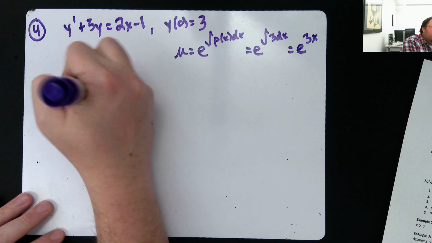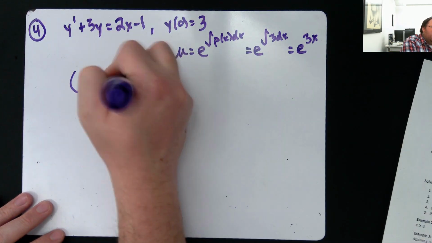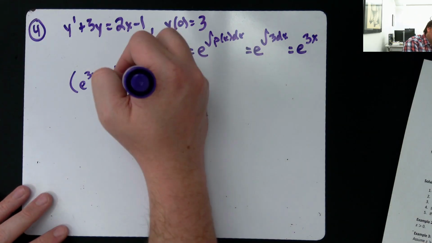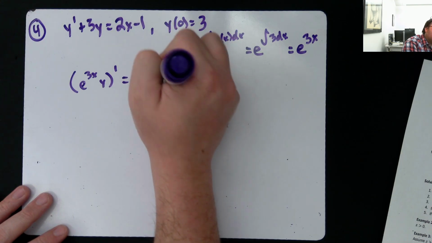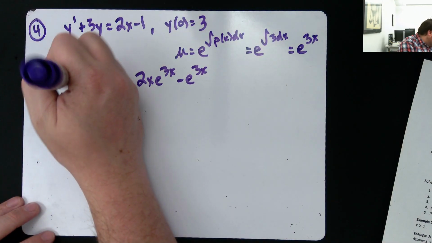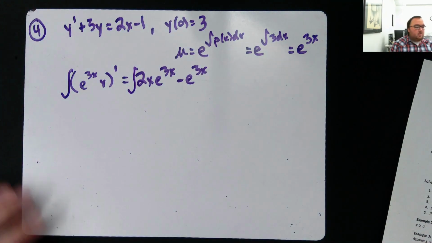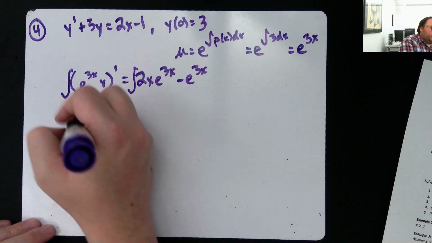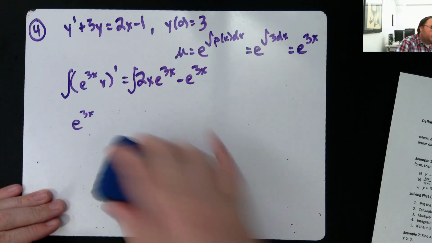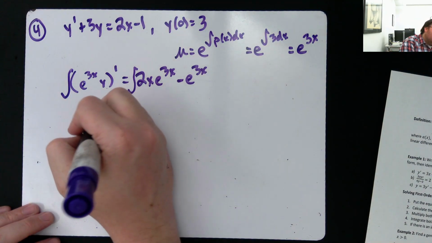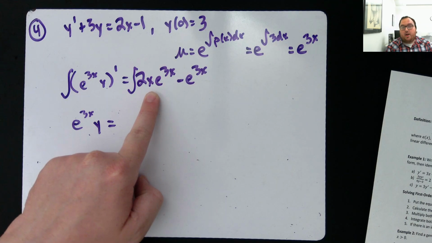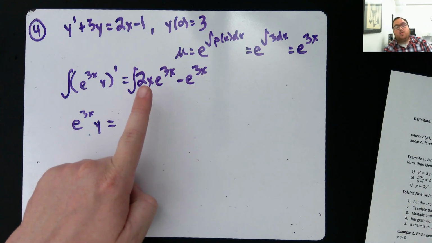We said mu was e to the 3x times y prime equals e to the 3x times each term right here. So that's going to be 2x e to the 3x minus e to the 3x. Take the antiderivative here. That's going to cancel out, just leaving me with e to the 3x times y. Equals. This is going to take a little bit more work because this is a product, right? So I'm going to have to do